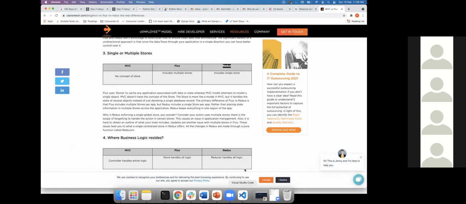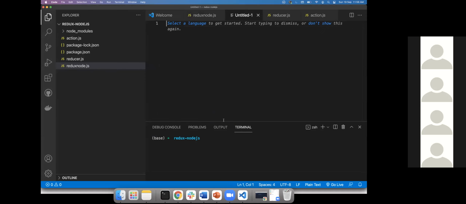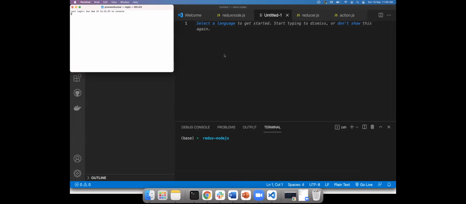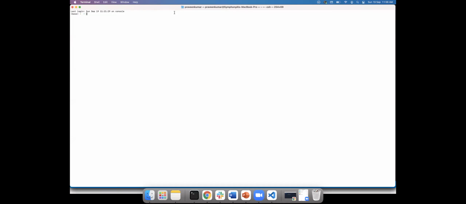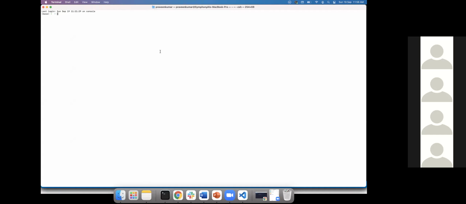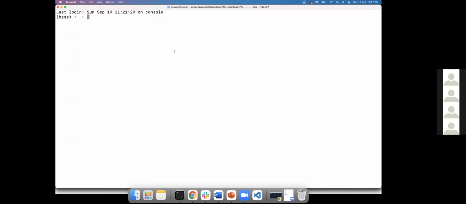Open your VS Code. I'll go to the terminal. You guys also take your terminal. This is something good. We'll do this because this part we need to understand very carefully. So let me take you to my space. Okay, this is my folder.